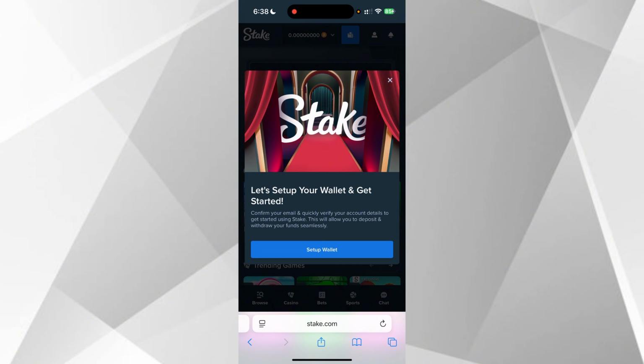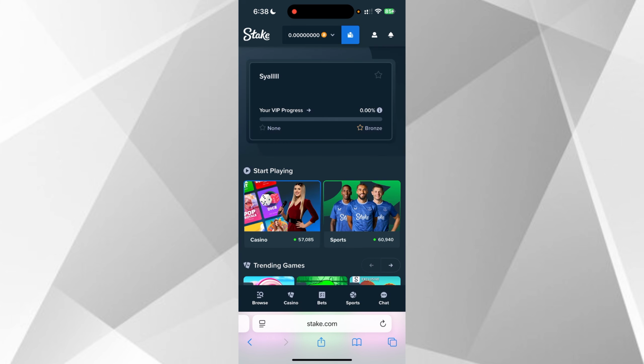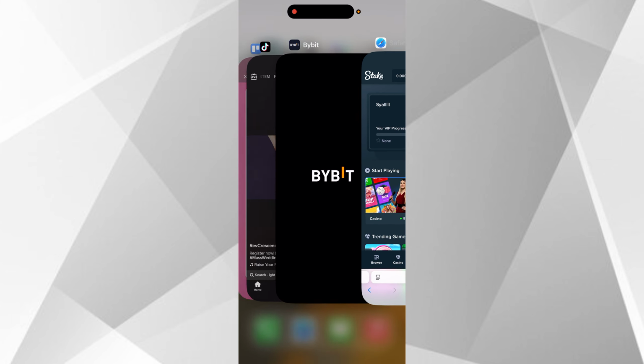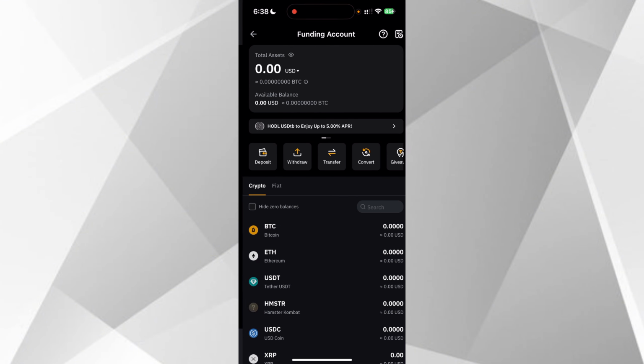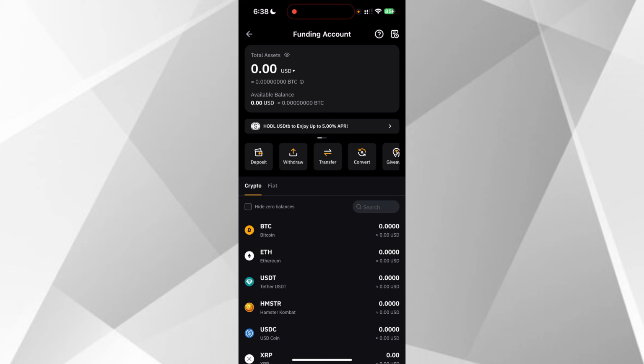You will see the withdraw button and the deposit button. So for you to be able to transfer money onto Stake, you just have to click on deposit, to be able to receive money from an exchanger. So once you've copied the wallet address that Stake gives you, go to your Bybit account and go to the assets section. Once you're in, click funding and select the cryptocurrency that you selected from Stake